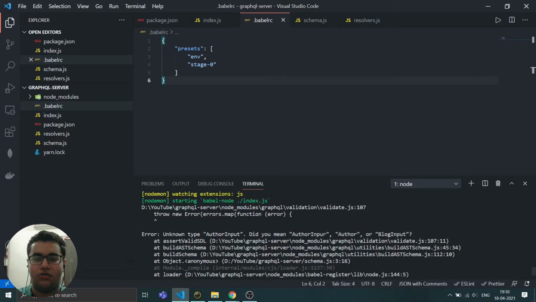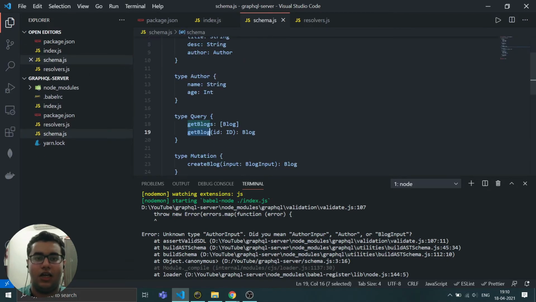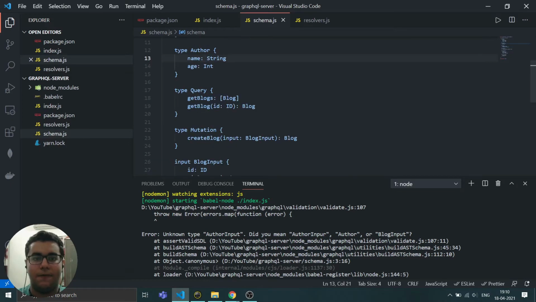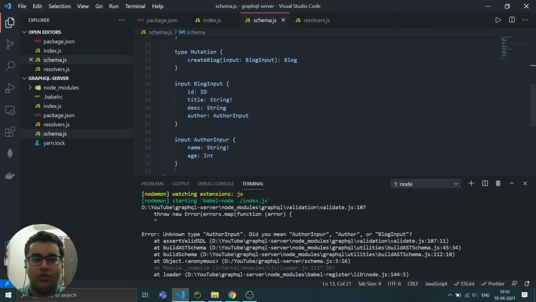Okay, so we have some bugs again in the schema. So bugs are a part of development. Input author.